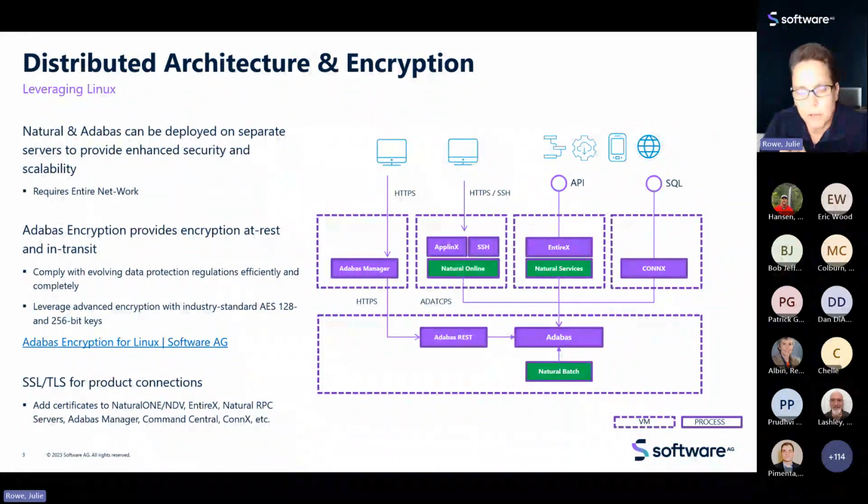And I also want to point out that we have customers, and this has really been the last few years, a lot of customers, as was talked about earlier, have put SSL, TLS connections in place for all of their Software AG products. So one particular scenario is from the Natural One standpoint. We can SSL enable that traffic that goes from Natural One to the NDV server on your server platform. So all of our products have that capability,